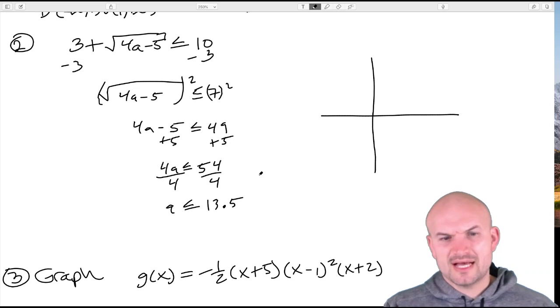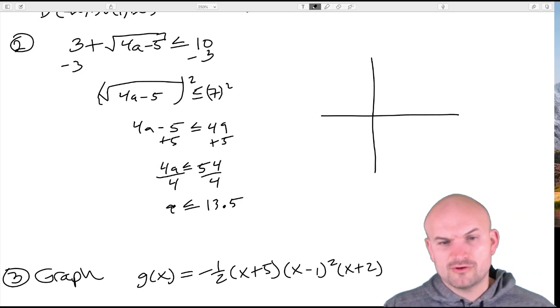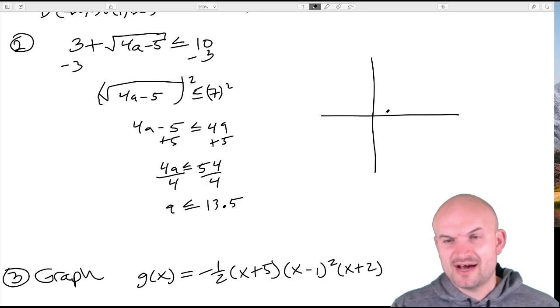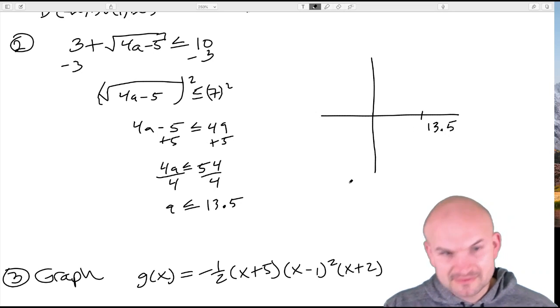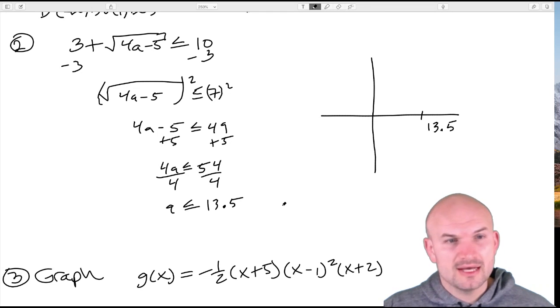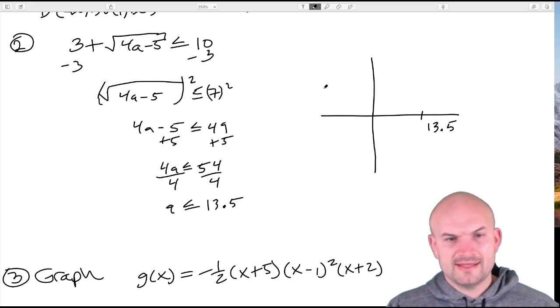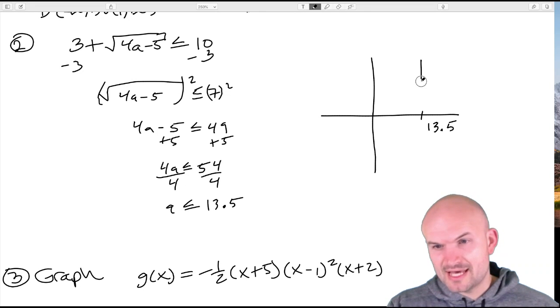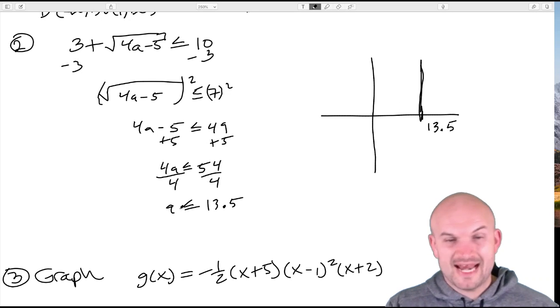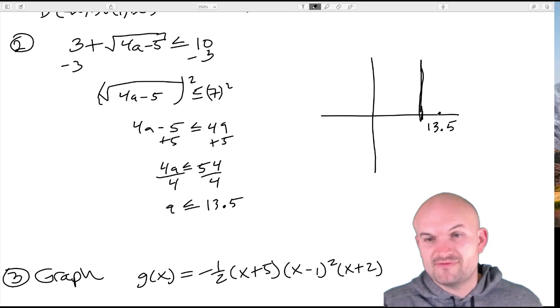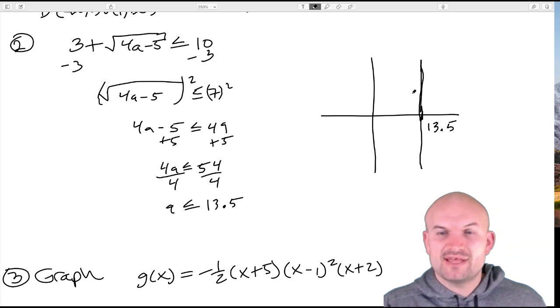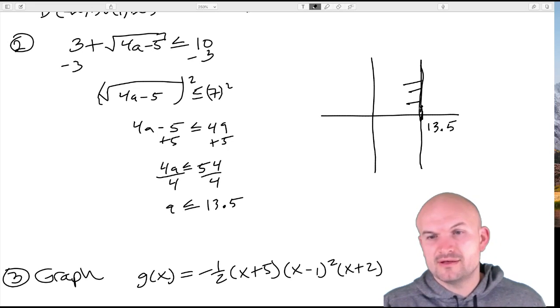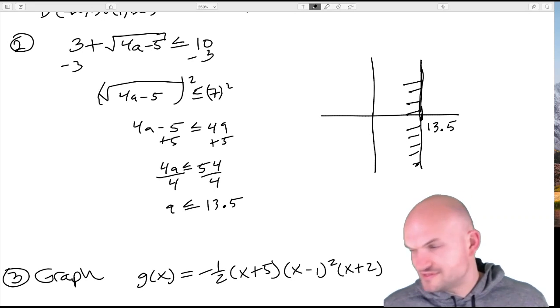But again, now it's just looking for all the values that are going to be less than 13.5. So if I can just go ahead and find my 13.5 and plus 3. And therefore, again, it's going to be a solid line. And now we're going to be basically looking for, if we're going to call this like a, right? A has to be less than or equal to 13.5. So therefore, that's going to be values here onto the left.